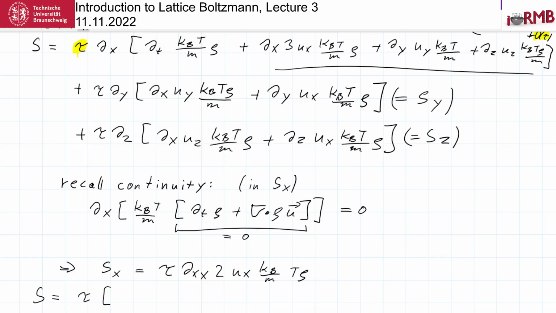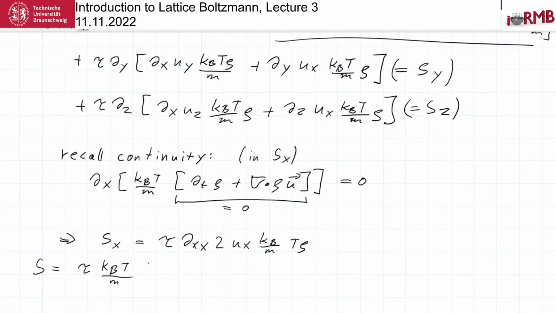So I take the half of this. We'll soon understand why I take the half of this. Maybe I write, okay, in order to simplify, I take k_B T divided by m to the front, and still have left dxx ux rho. So this is half of this,